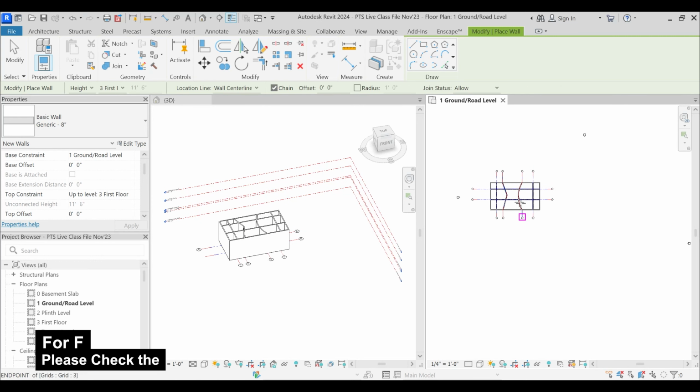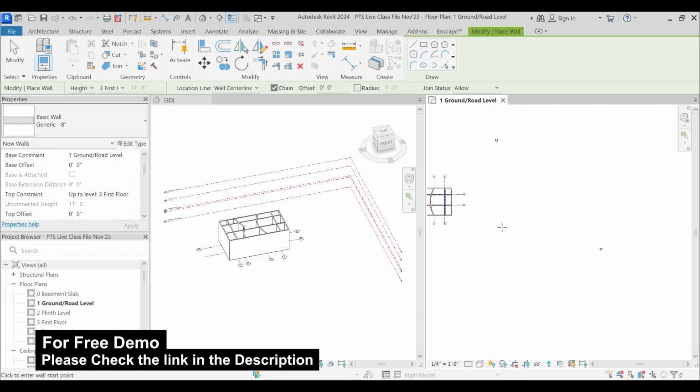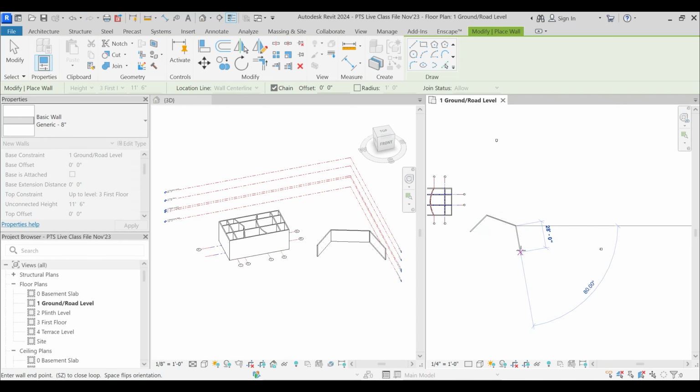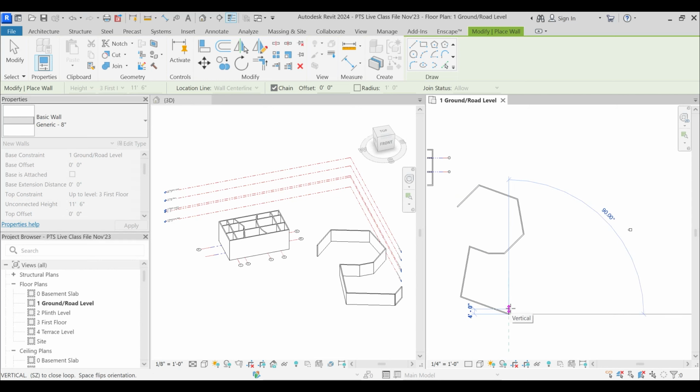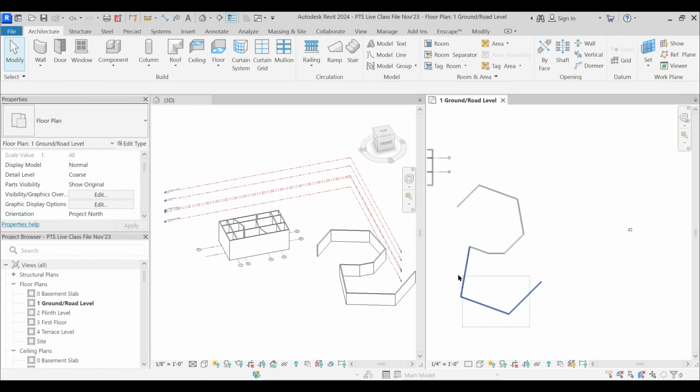Fine. Now with this chain checked on, you see that if I click anywhere in the space, it goes on creating the wall. And that wall is not only drawn in 2D, but it's elevated in 3D also. But the moment I uncheck this command and draw, that will be the last point where a wall is drawn, and after that there won't be any wall drawn. So that was pertaining to the instance property chain.